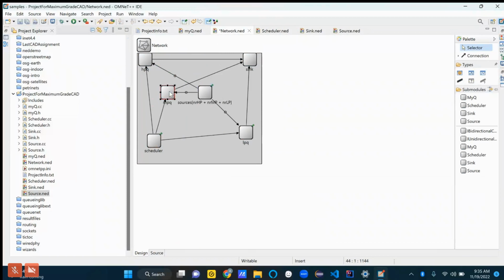So I think HPQ, I'm assuming, is our high priority queue, and then we have our low priority queue and our medium priority queue, I assume, right? And then we have these sources.